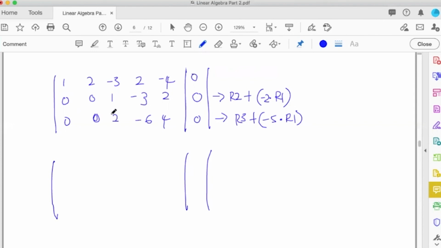Most probably we can start with 2 first, so we change 2 to become 0. To do that, we take row 3 and add row 2, but we need to multiply row 2 by negative 2 before we add it to row 3. So that will give us